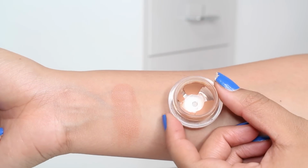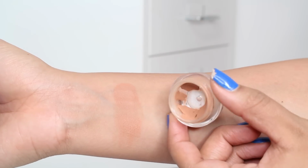No surprise here, but the NYX Dark Circle Concealer is an absolute favorite of mine. As you can see, it is very well loved, and I'm going to need to repurchase another one of these. I wear this in the shade Deep, but it also comes in a fair, light, and medium. This is a color corrector, so it's got a great peachy kind of salmon undertone. I like to use this under my eyes and on acne scarring, any kind of darkness I have on my